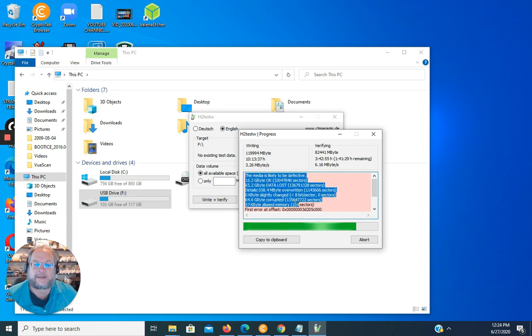But this is what I wanted to see right here. See that? The media is likely to be defective. 15.2 gig are okay. 65 gig of data lost. So